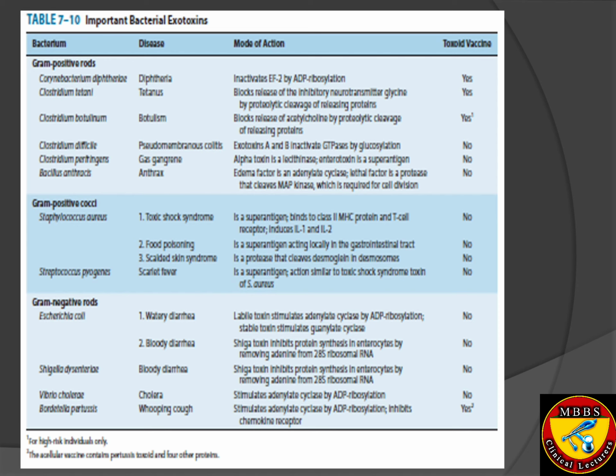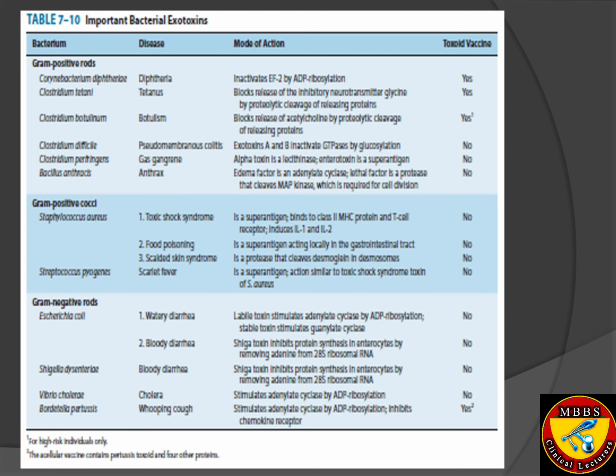Okay, now the important bacterial exotoxins. This is a picture similar to the one found in your Levinson, where we have different bacteria producing toxins. Here we can see Corynebacterium diphtheriae produces diphtheria toxin, which inactivates the elongation factor by ADP ribosylation. The mode of action is also given, and whether a toxoid vaccine is possible to make or not. This is a very good graph. Try to go through it and remember it, because it will cover a lot of questions which are usually asked